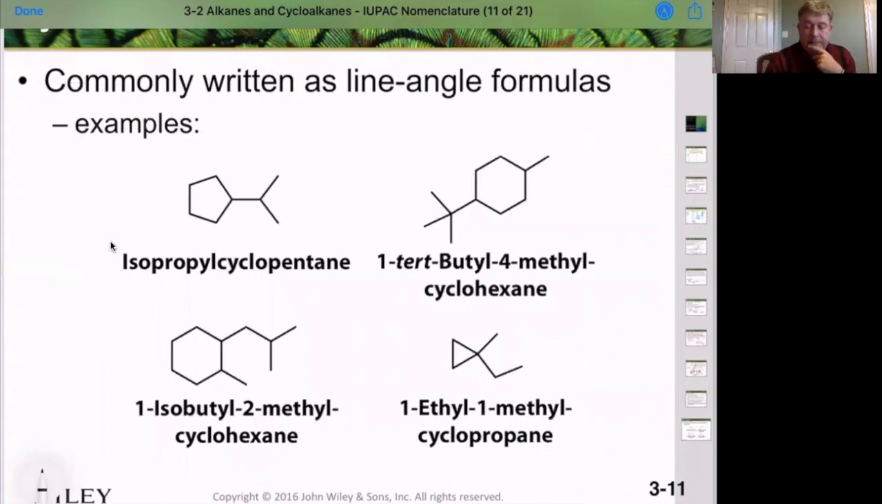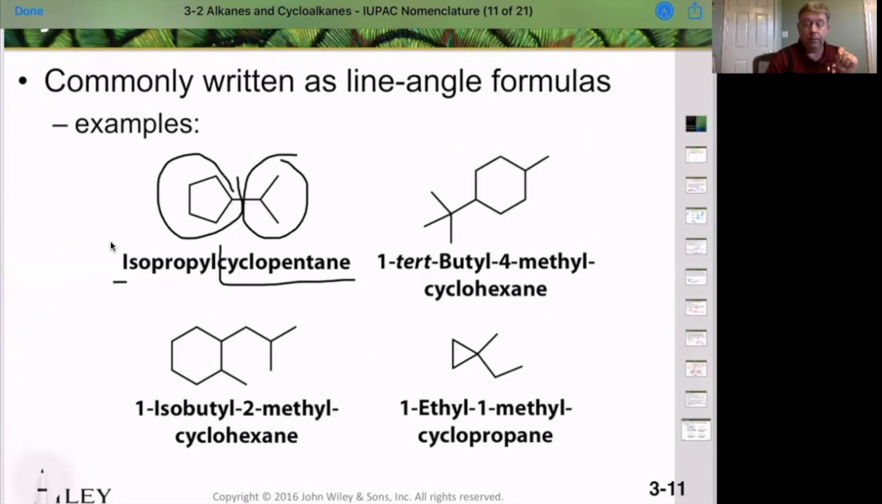Okay, so let's see. This is going to be a ring, and there are 5 carbons in that ring. So that means our parent is pentane, but it's in a ring, so we call it cyclopentane, okay? It has 1 substituent, so it must be on the 1 carbon, and we don't need to include the number. Now, this substituent isn't just a methyl group or an ethyl group, it's an isopropyl group. So that means we'd use it alphabetically with the I. So it's isopropylcyclopentane,